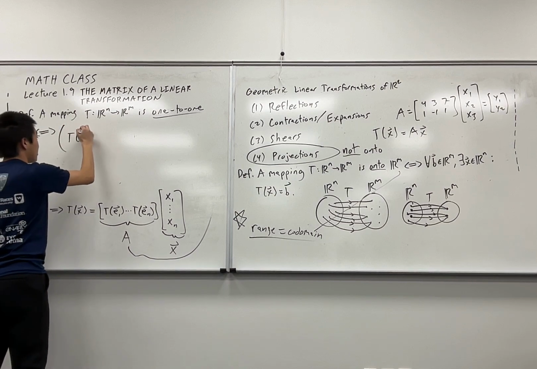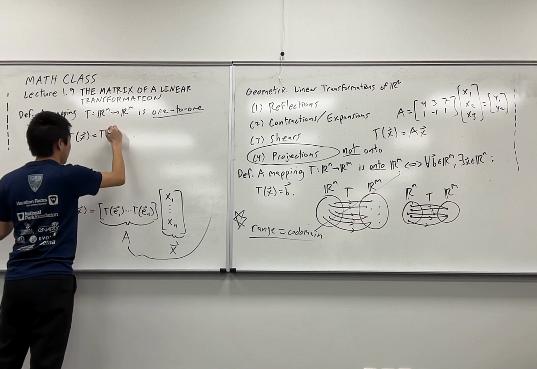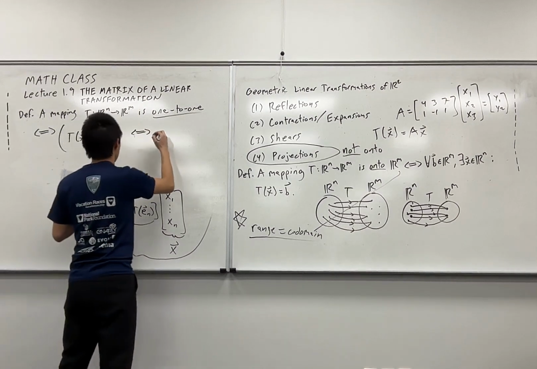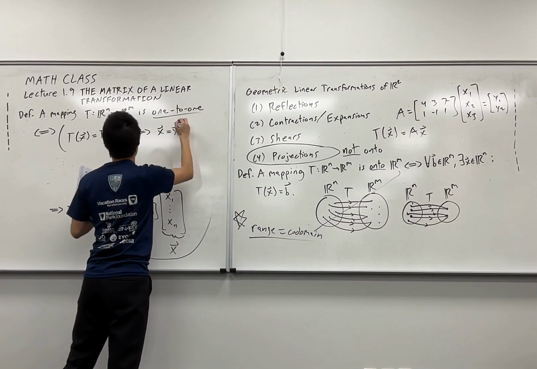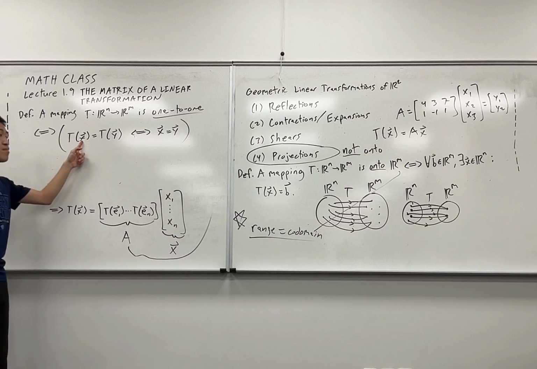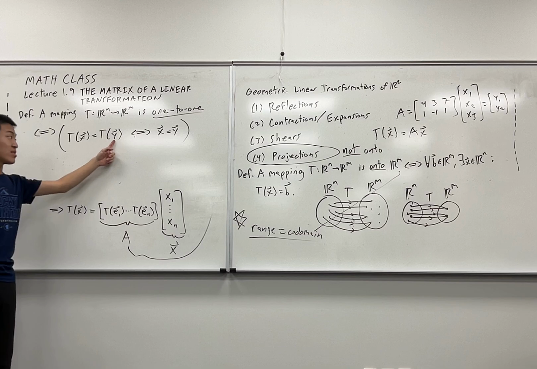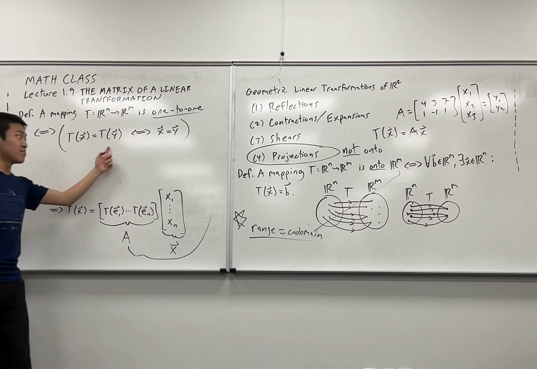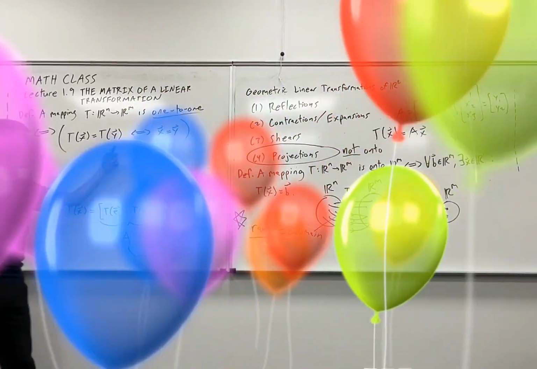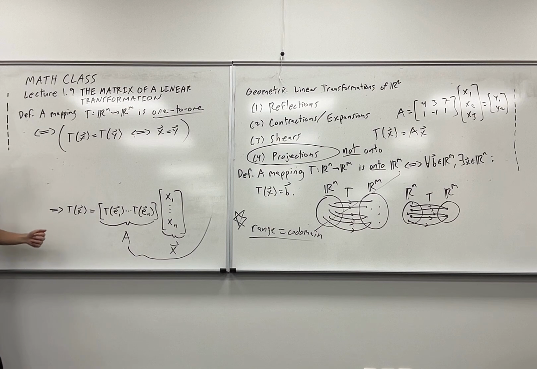So if I have T of x, if I transform a vector x, and I know that it's equal to me transforming a vector y, the only way that's possible for those to coincide is if those two vectors are actually just the same thing. Okay, what is this saying? If I input something into a map, and it ends up being the same thing as inputting another vector through that same map, the only way this is allowed to exist is if you actually just had the same element the entire time. You can't access the same output